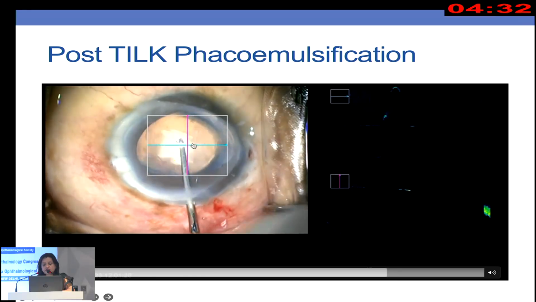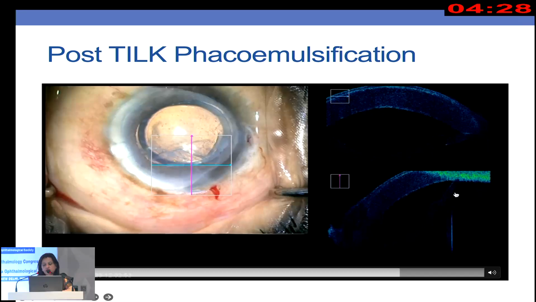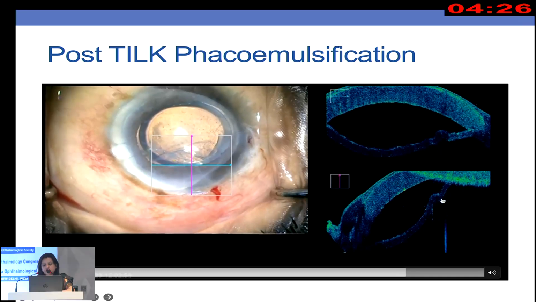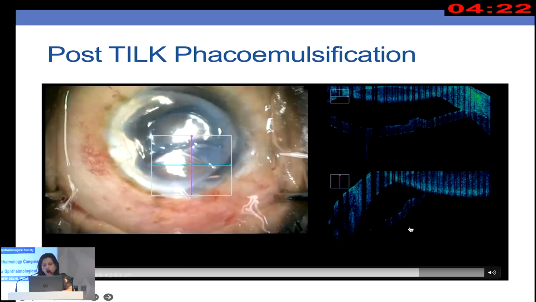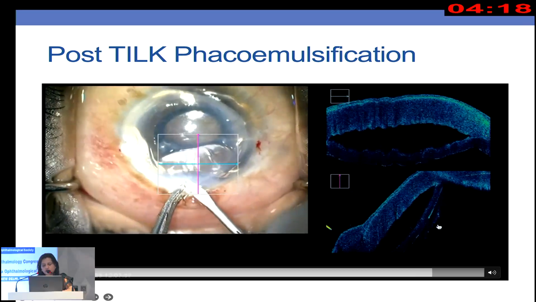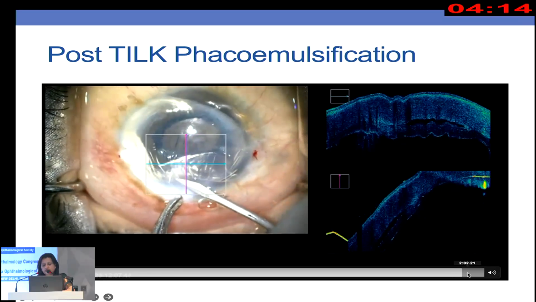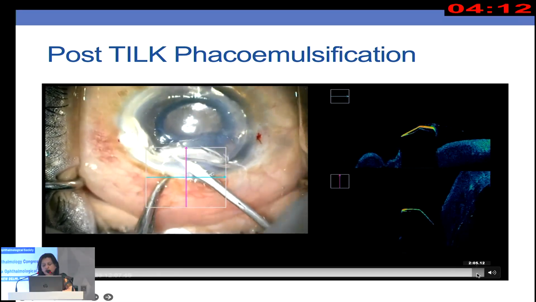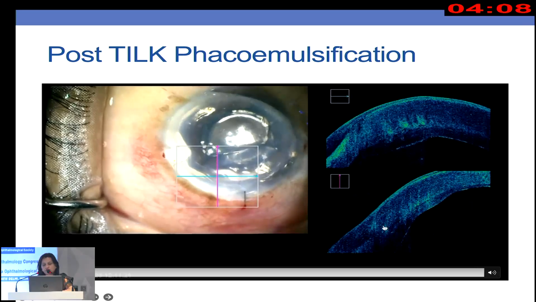Important thing is, in this case, you should not have an interface, the graft should be apposed, and notice here that as you put the intraocular lens, the graft has actually got detached. So this is what we visualized on the intraop OCT microscope, and then subsequently we drained the fluid from in between the graft and the overlying host, and then injected the air bubble, and now the graft is also pretty